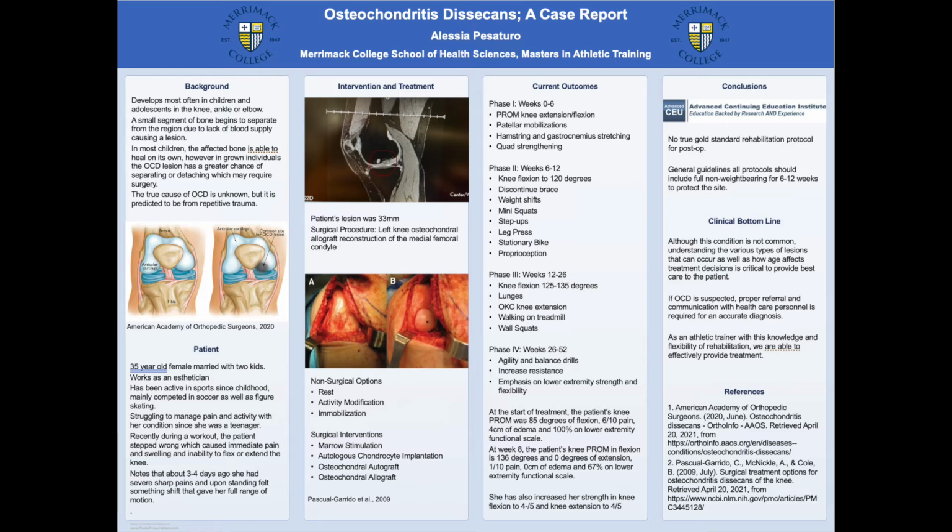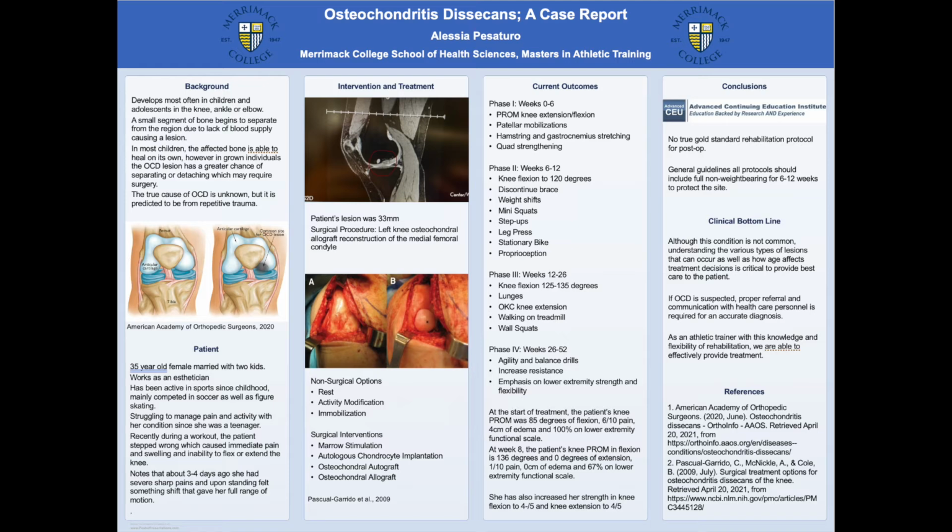For surgical interventions, we have 4 options. The goal of this is to replace damaged cartilage with hyaline-like tissue. In the procedure for marrow stimulation, they drill or microfracture the subchondral bone to allow cells from the marrow into the defect to build fibrocartilage. And this is the first line of treatment in small lesions that are less than 2 to 3 centimeters.